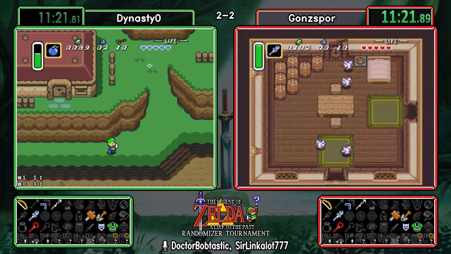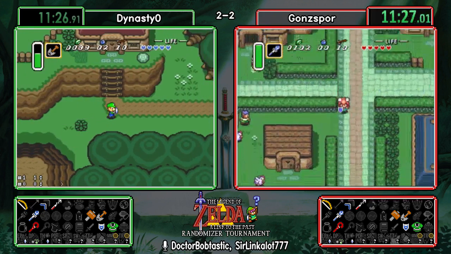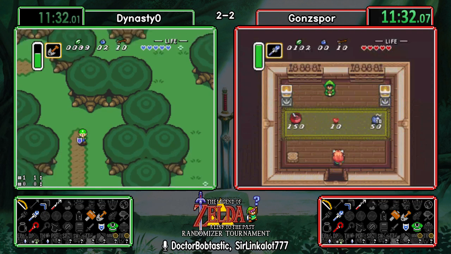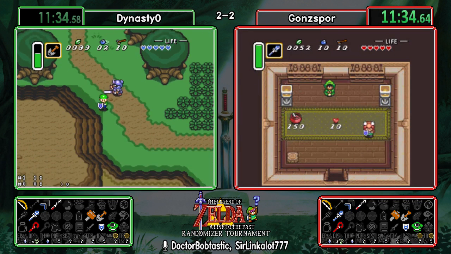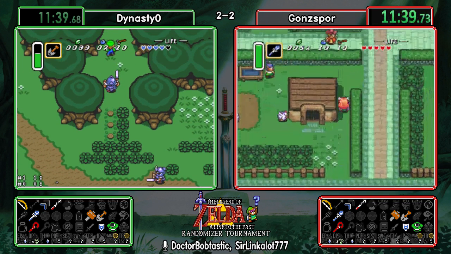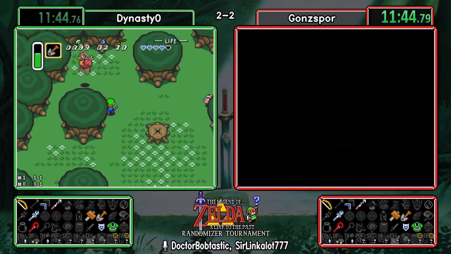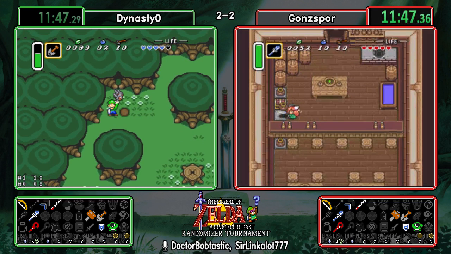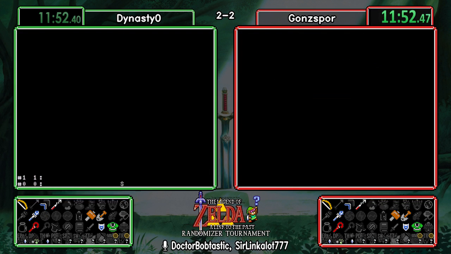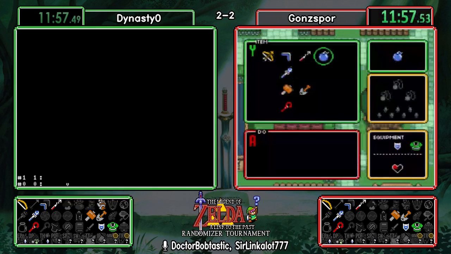There's a +5 arrow upgrade on the race game. I expect Gonzspor to buy some bombs here, and he does. And Dynasty is going to go dig something up. Yeah, and he opted not to buy bombs, so as far as the locations that are open that need bombs, he's short a little bit currently. Oh, that's a glove. Yeah. We are a pearl away from Dark World access here. Yeah, only one item, and we're only 12 minutes in, so...